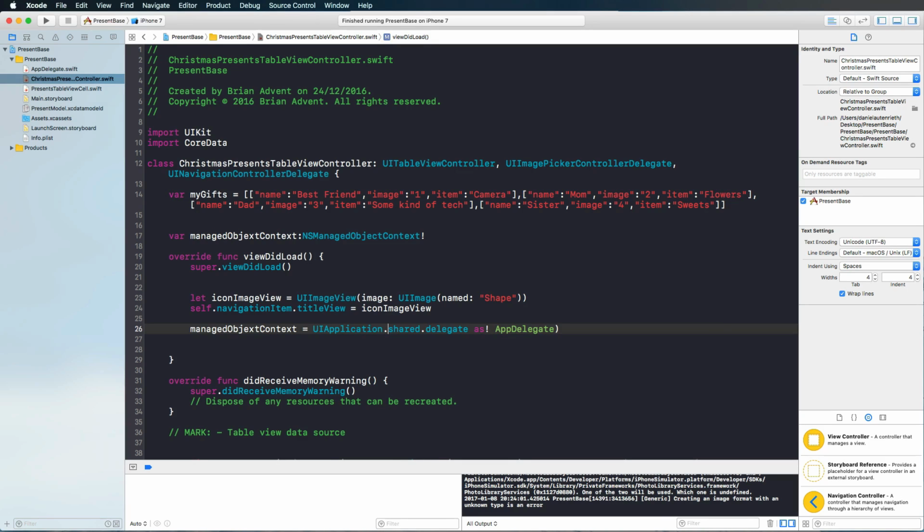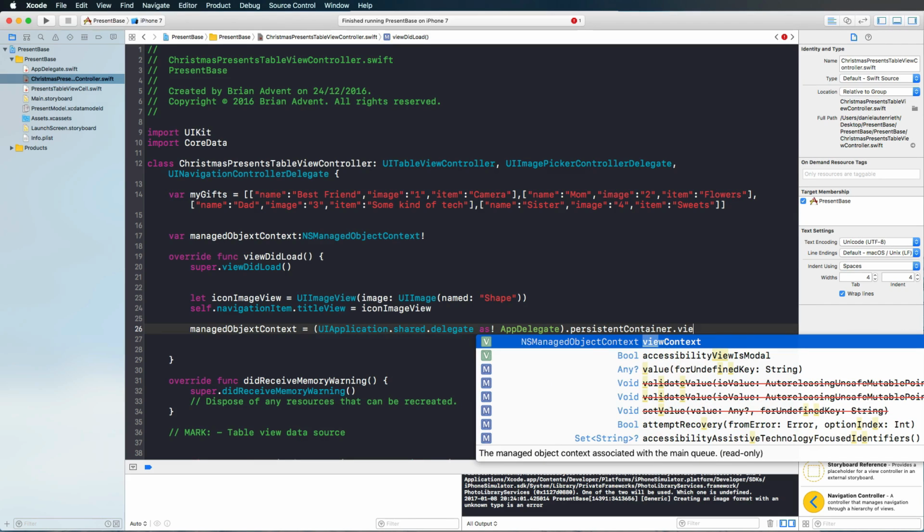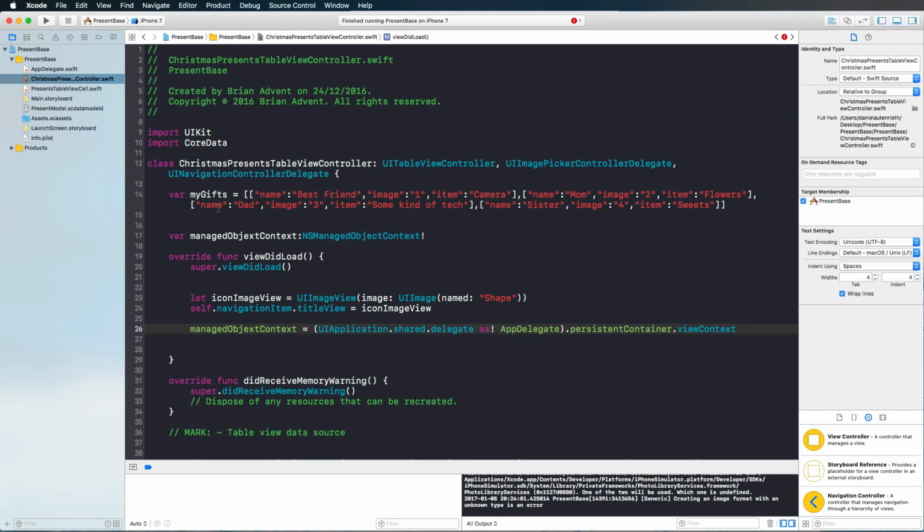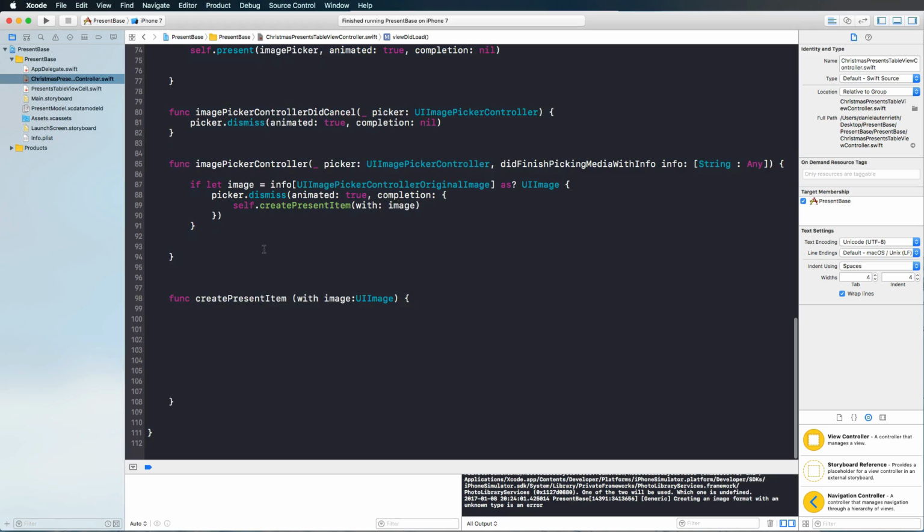Then put some parentheses around that, and with that we have access to our app delegate, and we can simply use now the persistentContainer property that we have there, and in the persistent container we have a property called viewContext, which returns a managed object context. And with that we have initialized our managed object context,